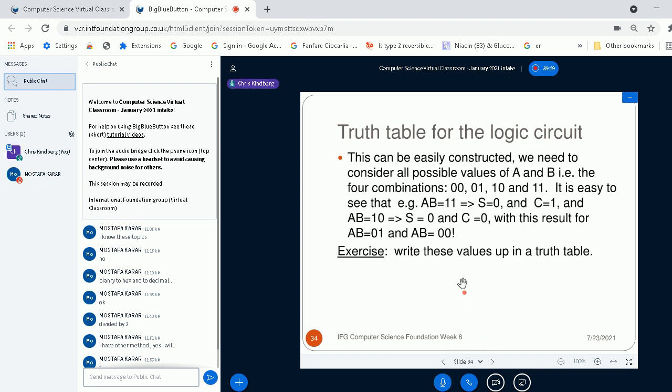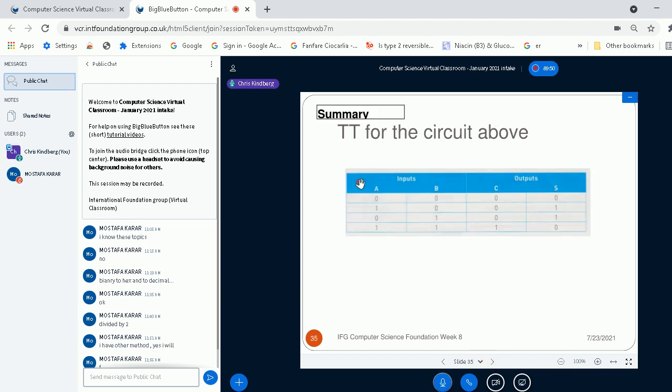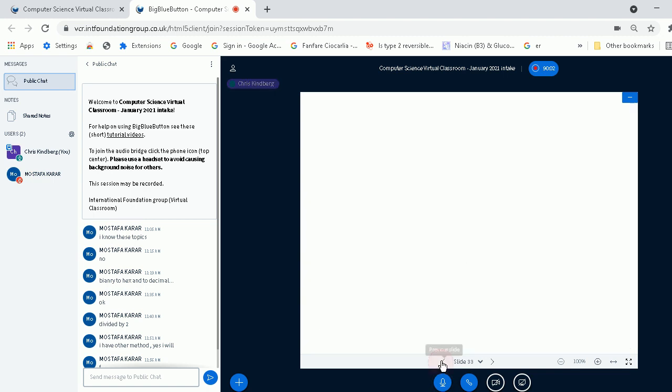So, a little test, a little exercise. Write these values up in a truth table. It's very easy to do. You get an abbreviated truth table looking like this. But of course, if you refer back to the circuit,